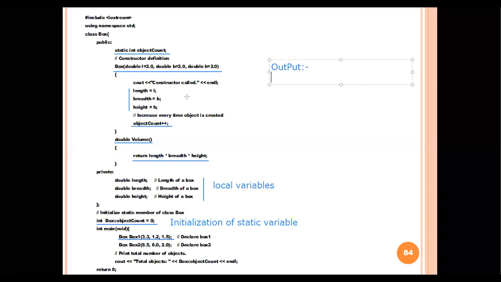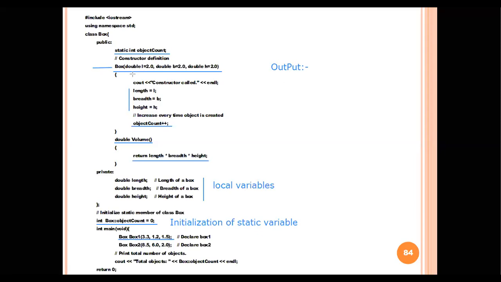Now what will happen? Double L, so the value of L is 3.3, the value of B is 1.2, and the value of H is 1.5. As per the parameters, all these values are directly initialized. So what is the output?